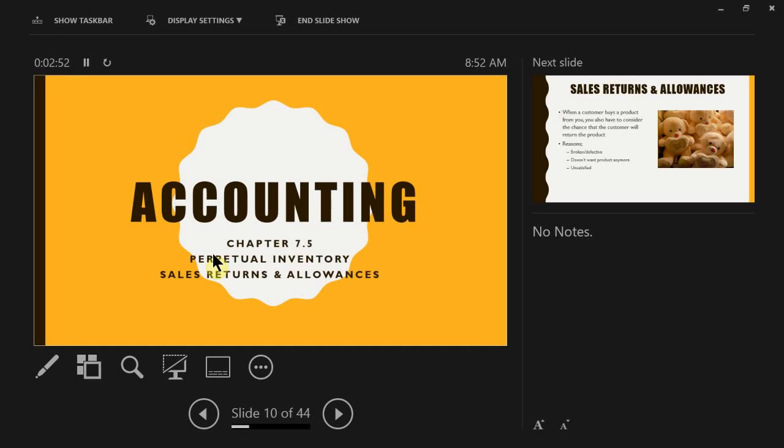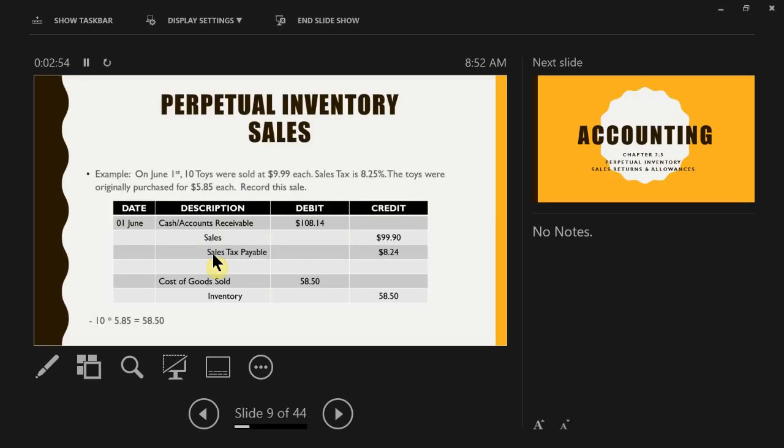So what's your total? Is it 166.64? Do you subtract what it cost you to sell the item, the 58.50, from the 99.90 and the 8.24? No, we're not looking at profits until way later on. You're just looking at what it costs the company to sell the item, basically the cost of goods sold. When we dive into chapter 13,